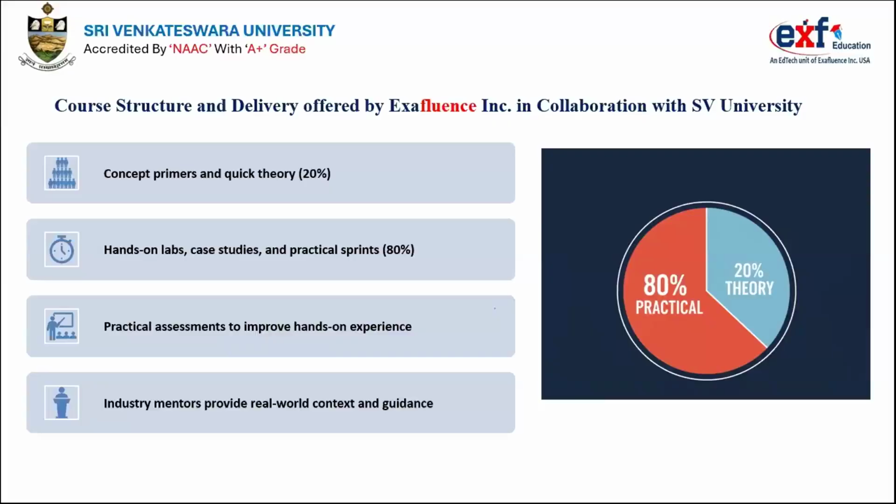You'll be working with the company with real-time hands-on exposure, practical assessments, everything. That's why we focus on 20% theory and 80% practical. This 20% theory is just for the purpose of the examinations and to get the certificate from the university. The remaining 80% practical is completely about what you require for the industry, what you require for the placements, and what skills are currently needed in the industry. Those requirements you will get trained in this type of course. Industry mentors will guide you to do the projects, along with the faculties.